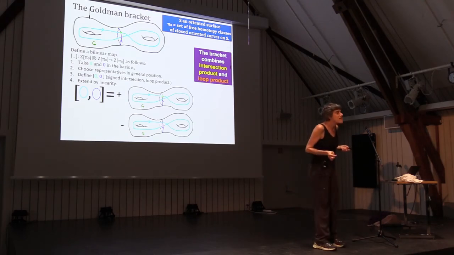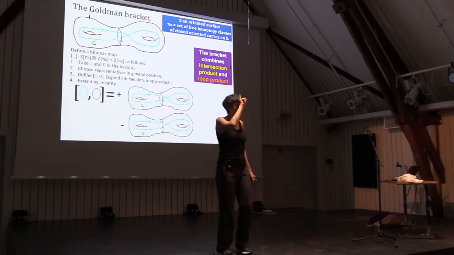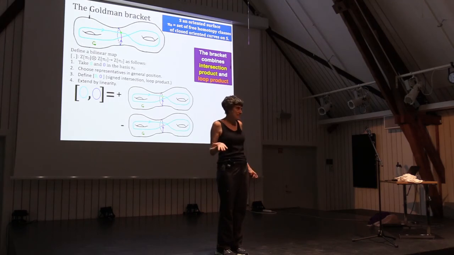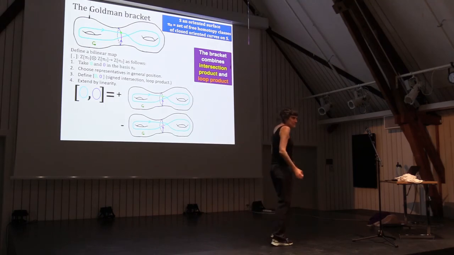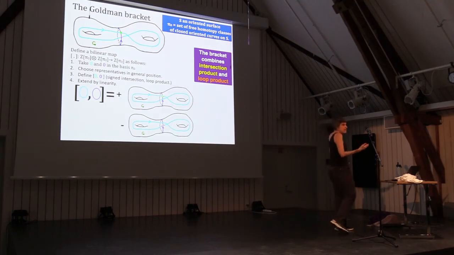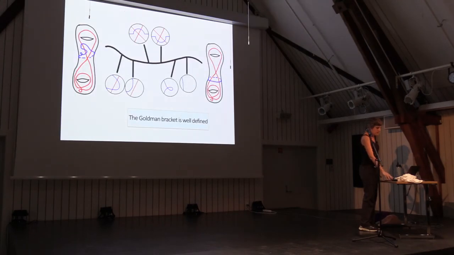Huh? The question is, why is this silly algebra? But first, remember I said choose two representatives. So I have to prove that it's well defined, and once it's well defined, we have to check it's a Lie algebra. Because this is done by choosing two representatives, I had to show that every pair of representatives should give me the same. So first,